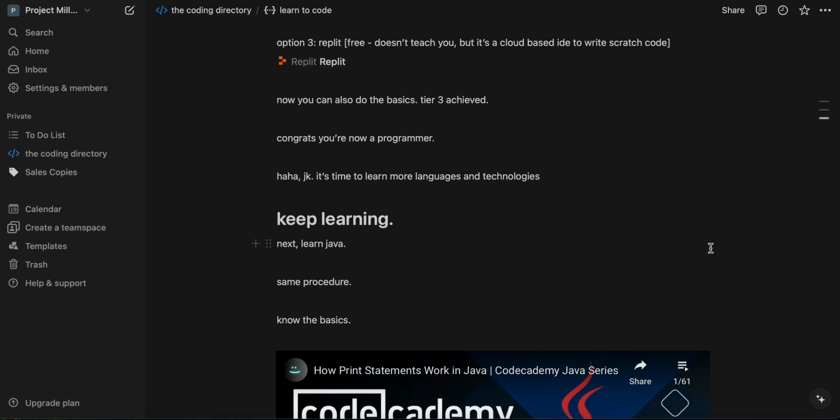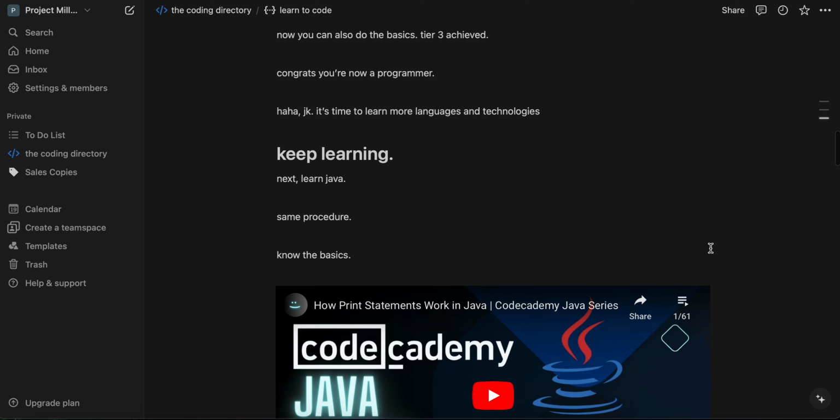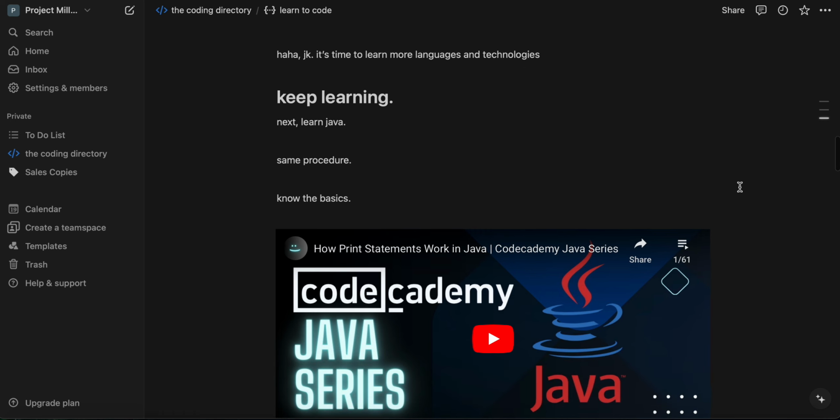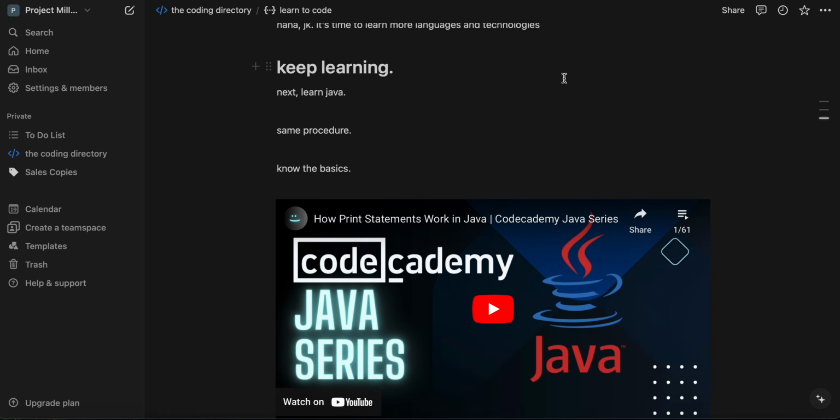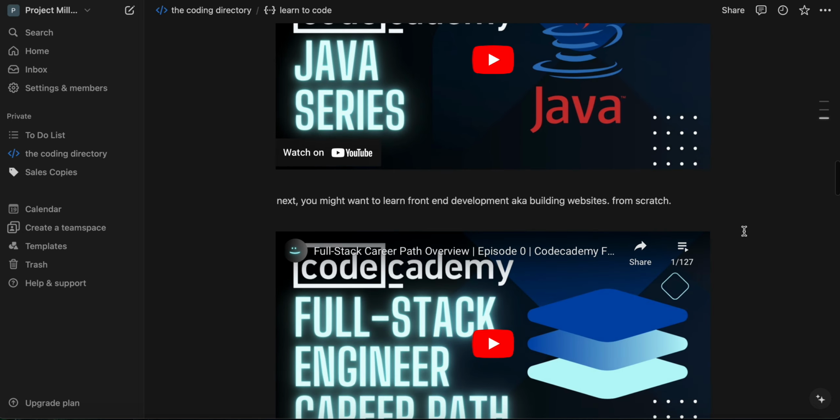Now, once you've really learned the basics, you can start to code a little and do it by yourself. You want to just keep learning, right? The next language I recommend is learning Java, since it's a bit more complex, but you already know Python. You can add on to your Python knowledge and learn Java. Now, Java is object oriented as well, so you'll get the full exposure of the core lessons there.